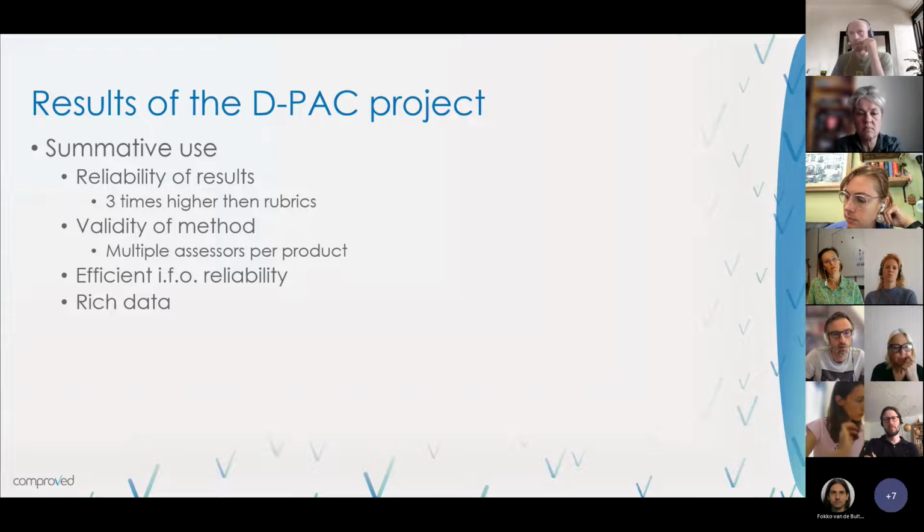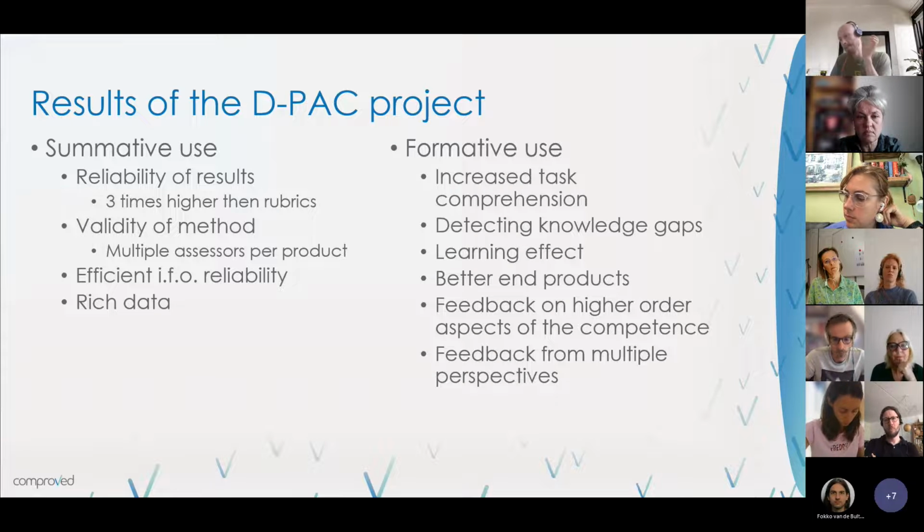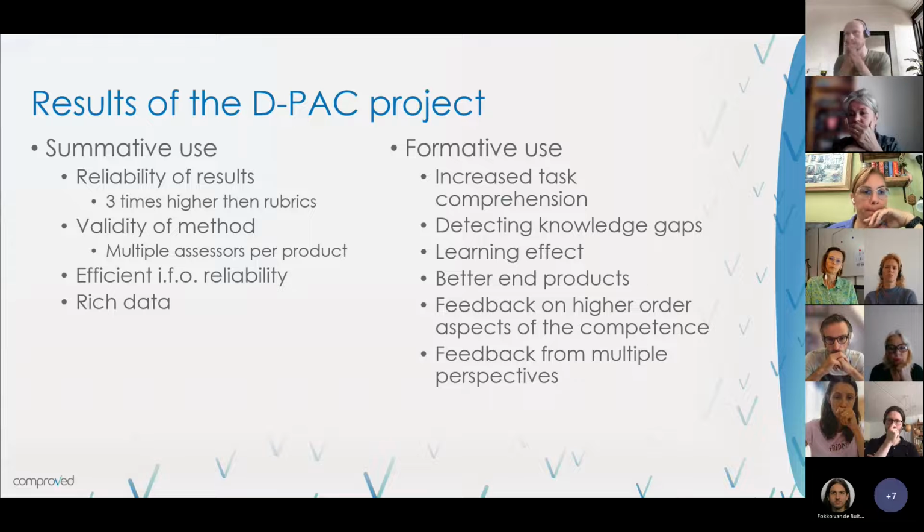During the project, we also discovered that it was very useful in the formative use. So we found out that there was an increased task comprehension if you use those comparisons in the beginning of the classes. And as a teacher, it's easier to detect the knowledge gaps within the students, because they are talking about the comparison and why the one is better than the other one, and then you can adjust the